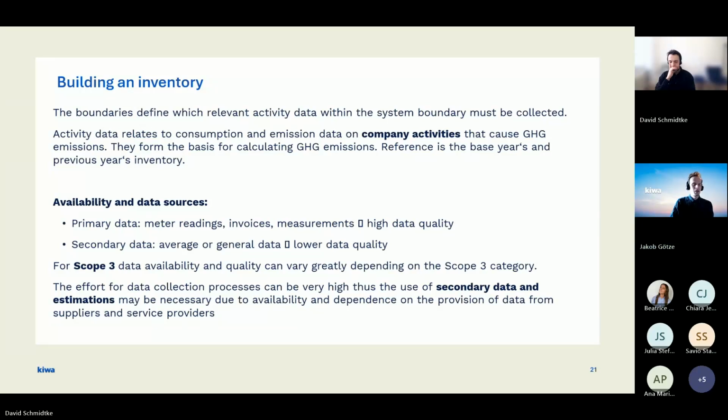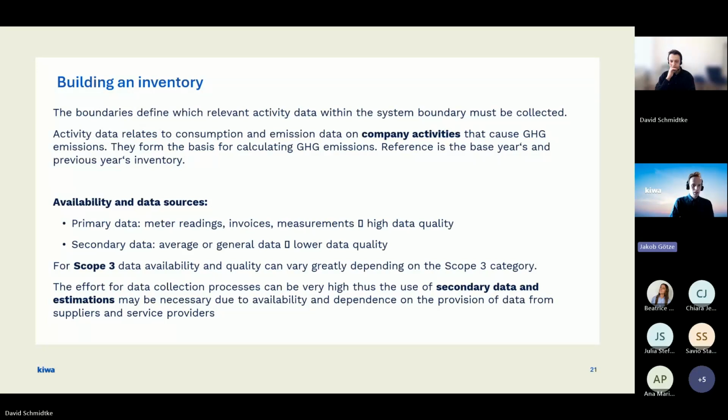And in our calculations, we need both primary data and secondary data. Primary data being, for example, meter readings or invoices. So data with high accuracy and a